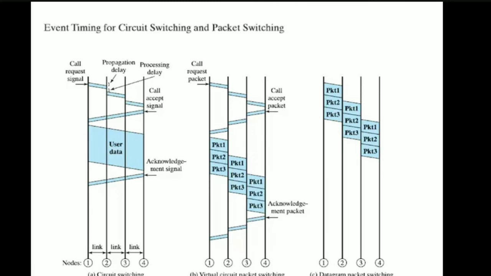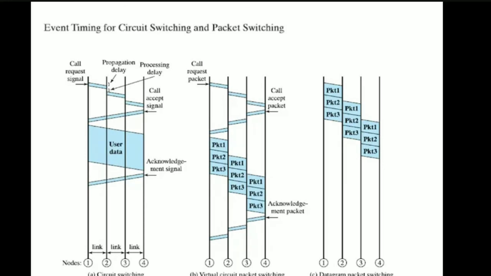But coming to the virtual circuit, even though the virtual circuit has been established, in the reverse direction it has to again process the request. That is the reason we have delays there. And then we are sending packets 1, 2, 3, and finally there is also an acknowledgement packet which also incurs some delay. Now coming to datagram packet switching.